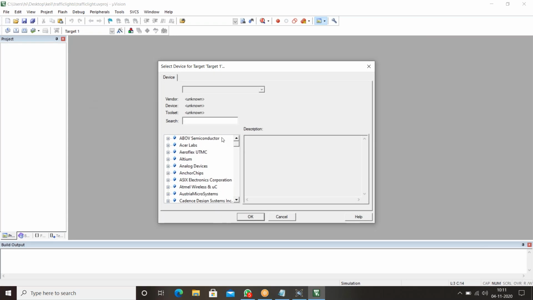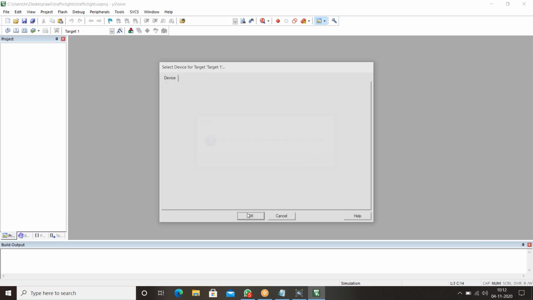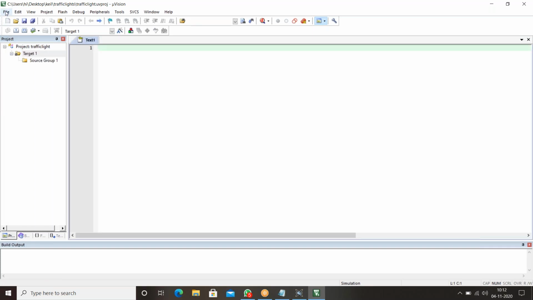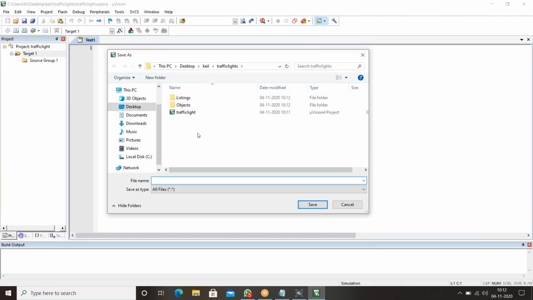Select our microcontroller 89C51. Select it, double click on this, click on OK. Better to click no. If you click yes, no worries. Target one is created. Go to file, new, save it as traffic light dot c.